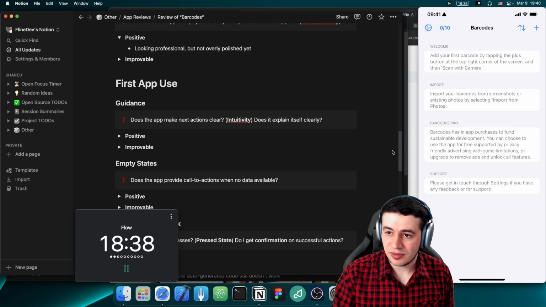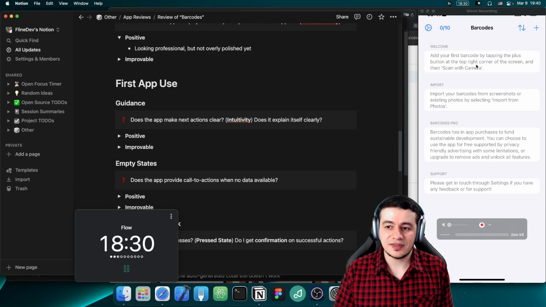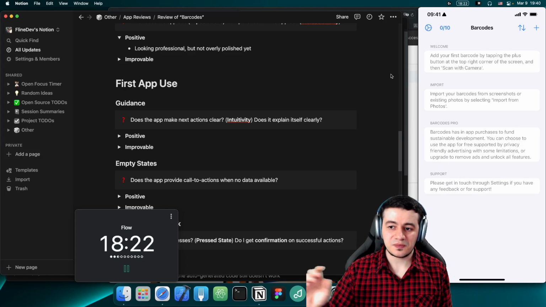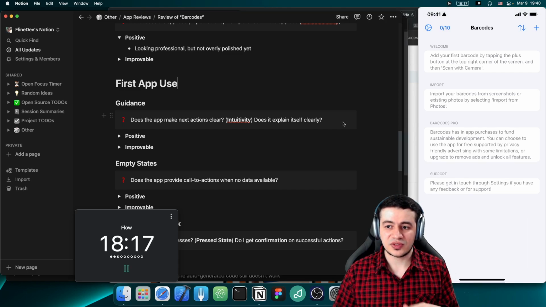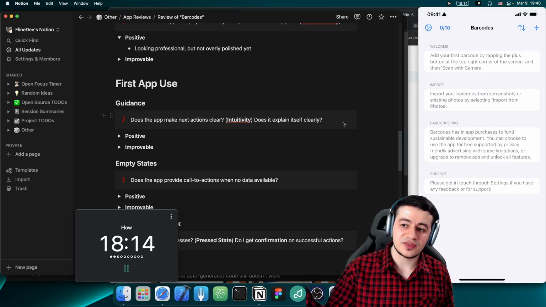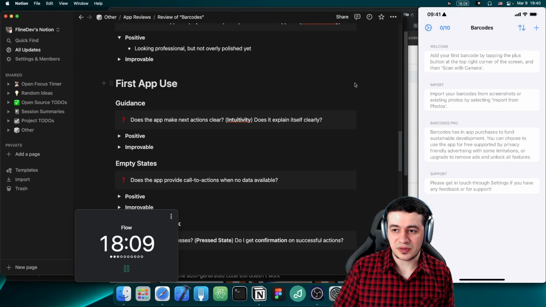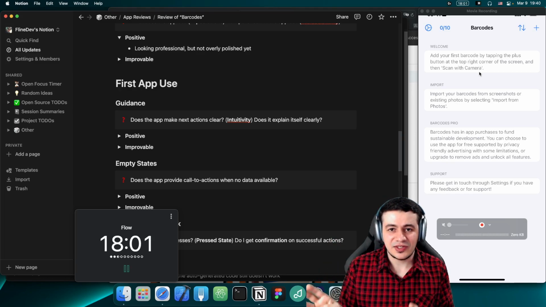So I'm trying to click the welcome. I try to click here, nothing happens. If you have something like this explaining, there should be a call to action close to this. I mean, this is teaching me, kind of. But again, these things are all shown at the same time. Maybe what you could consider is showing this first and then animating the other things in. This would also give me the sense that these are different things, and I should probably start with the top. Or just show this one first, and then I have to do that first. Maybe that could be a guide, but I'm considering this as an empty state guide or explanation kind of,